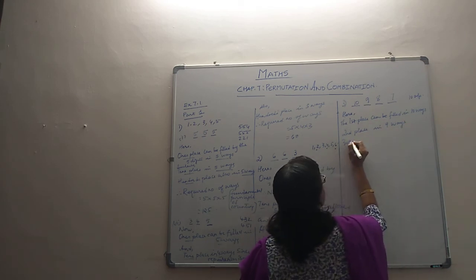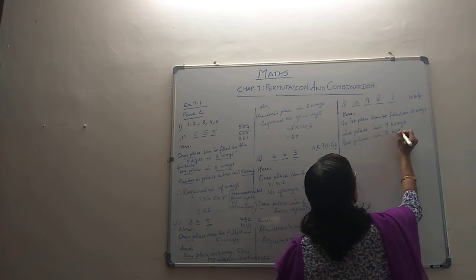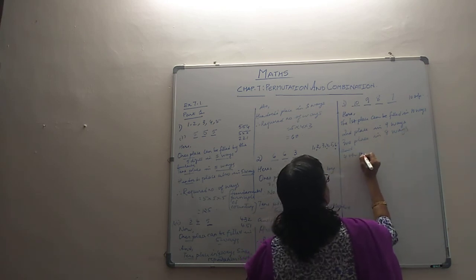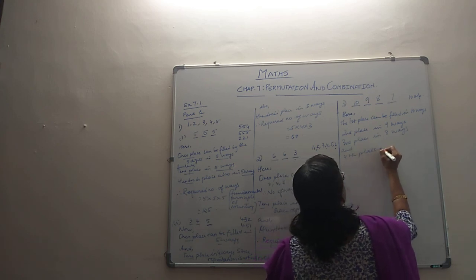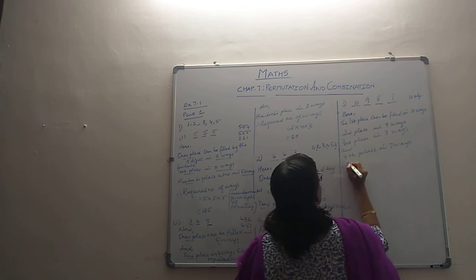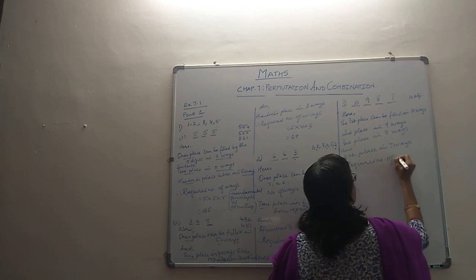Third place in 8 ways. And fourth place in 7 ways. So therefore the required number of ways